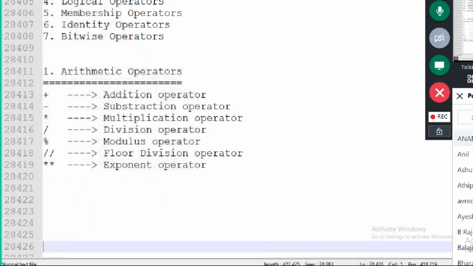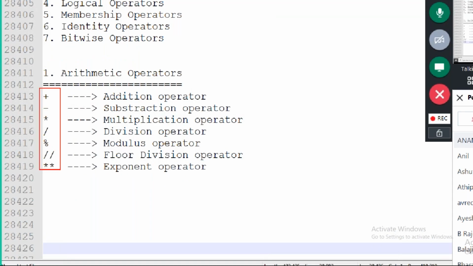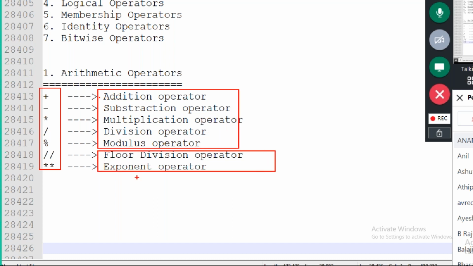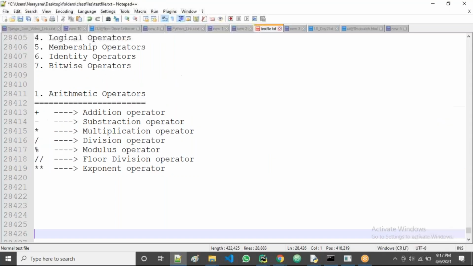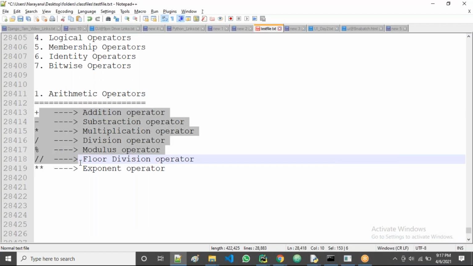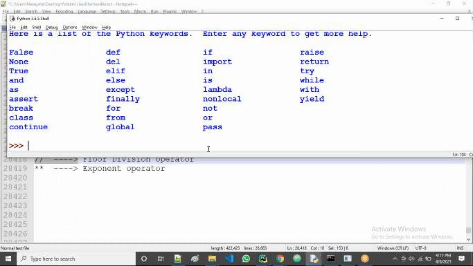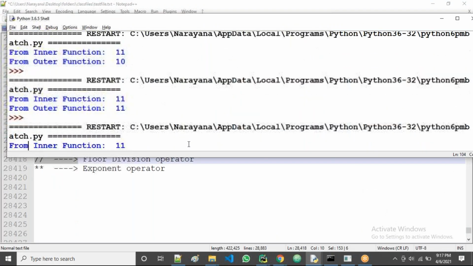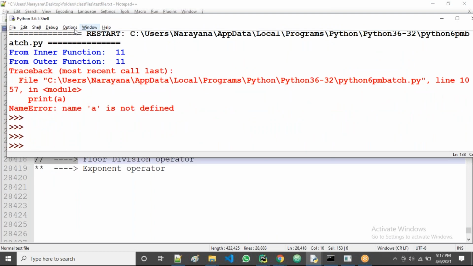So these are the different arithmetic operators, and I'll show an example of each one. I think we know about the top five, and I think we don't know about the double slash and the double star. We will see everything. First of all, let us discuss all this with an example. I'm going with the IDLE now.